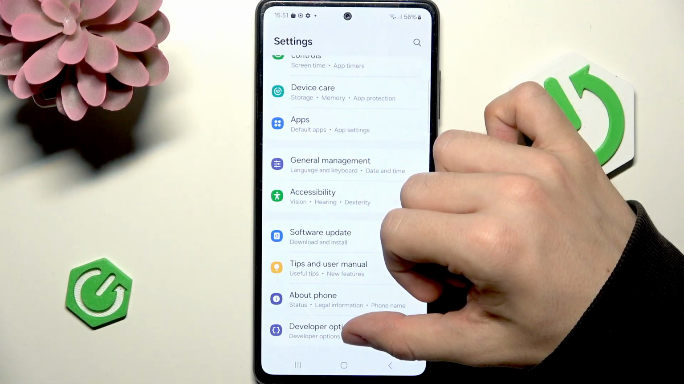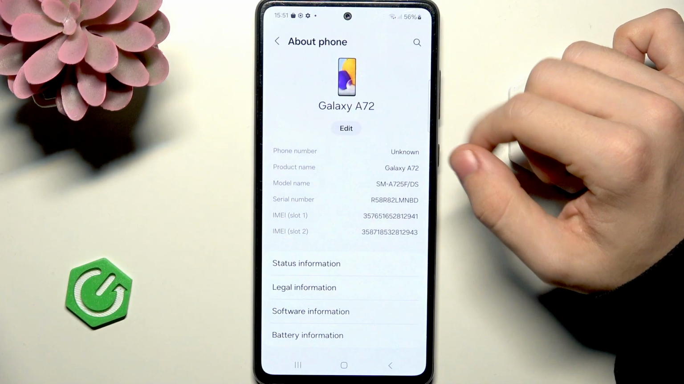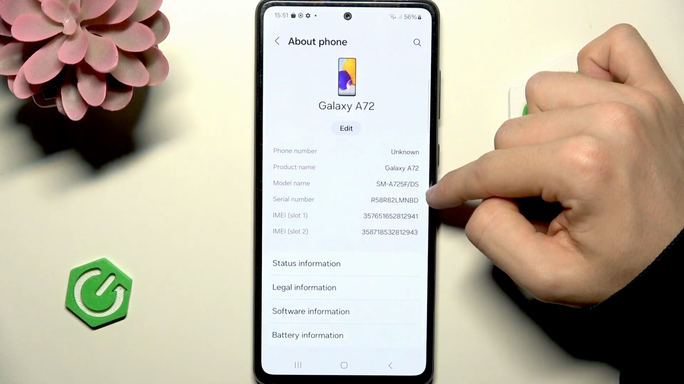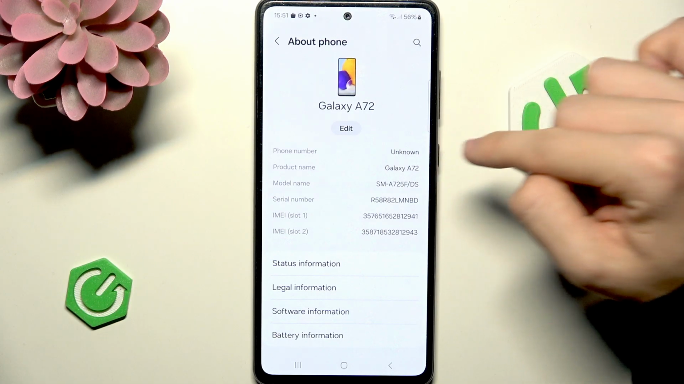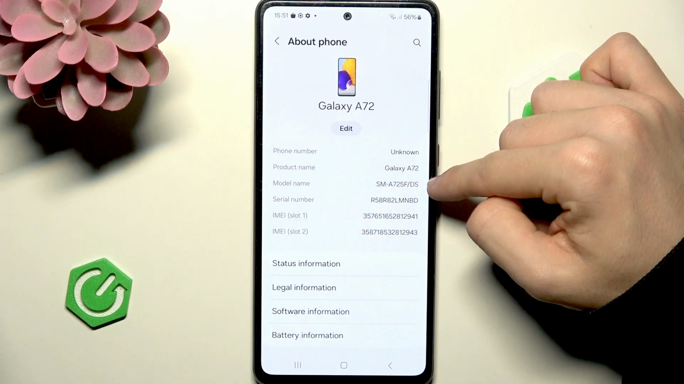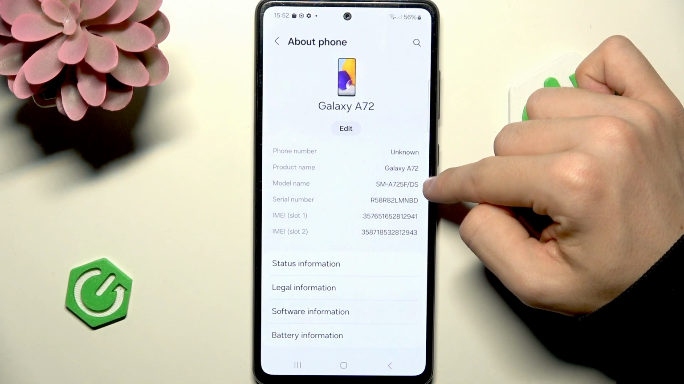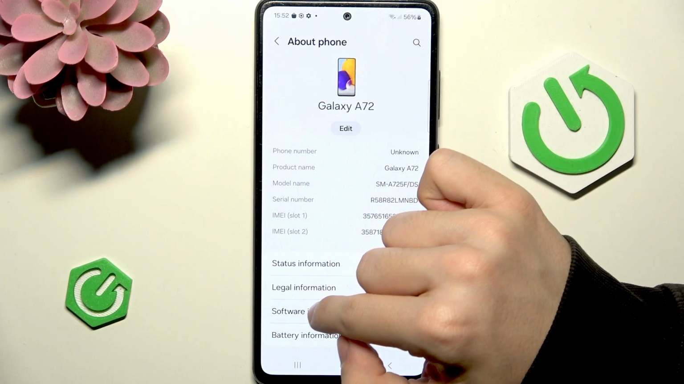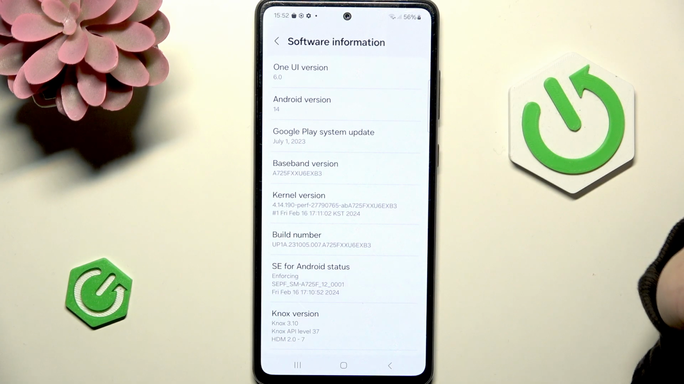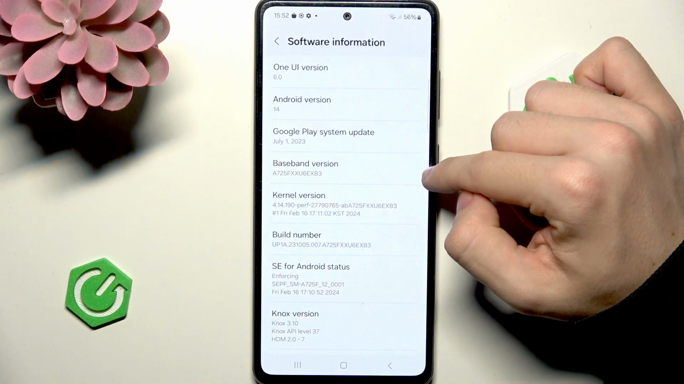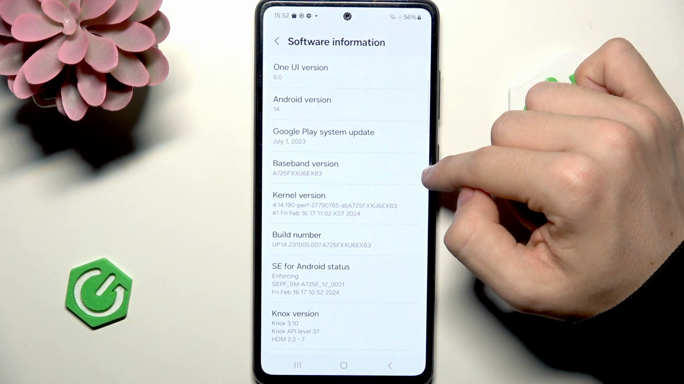We'll need to get to About Phone, then go to model name first. Make sure you remember it. You can write it down somewhere. In my case, it's A72 5F, but it may be different in your case. Then go to software information and find baseband version. You can see, in my case, it's A72 5F